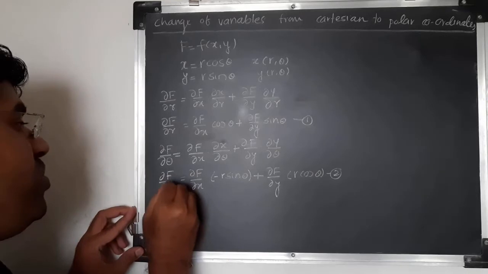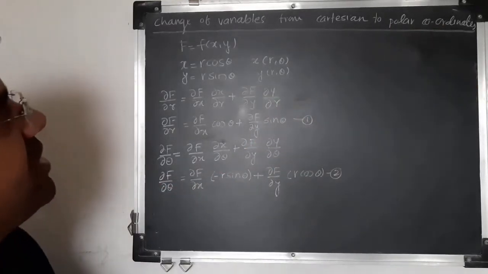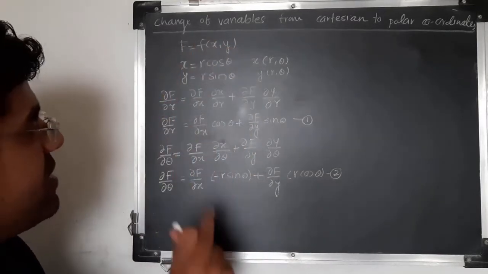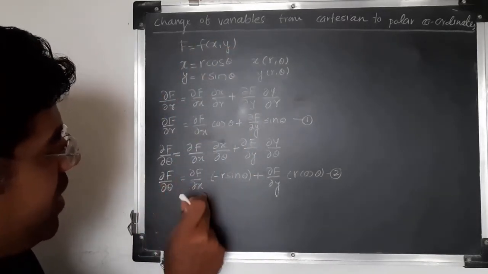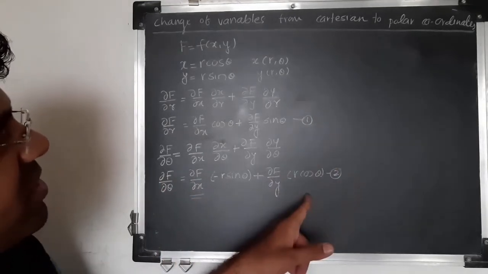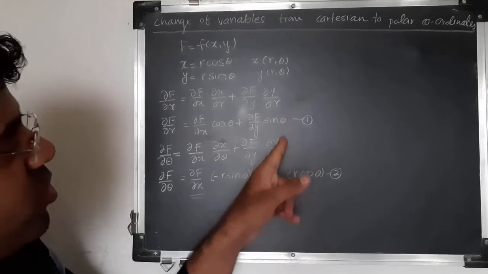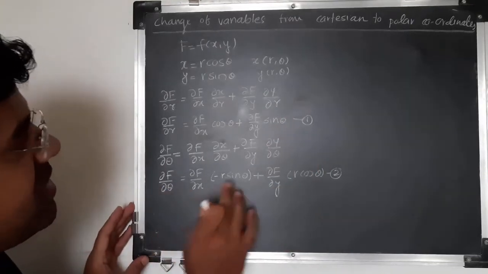Now my aim is what? We have to convert from Cartesian to polar. Cartesian coordinates are nothing but x and y. So my aim is to find ∂f/∂x. So how will we find it from these equations? The other term should be 0. So what I'll do for the simple case.